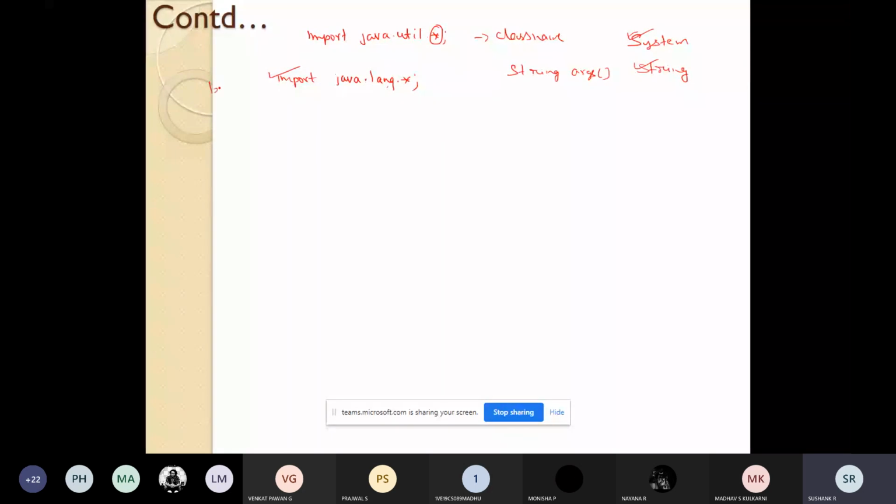Because of that, you don't need to write this line in the program. Every program has this package imported by the JVM itself. That's why you're able to use the System class and String class, which are built-in classes, directly.